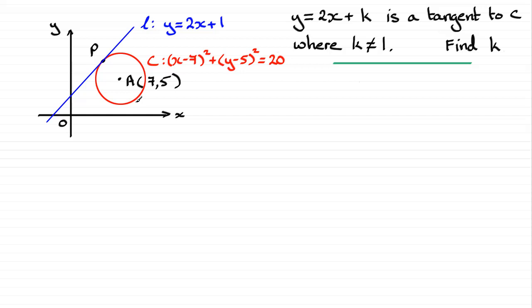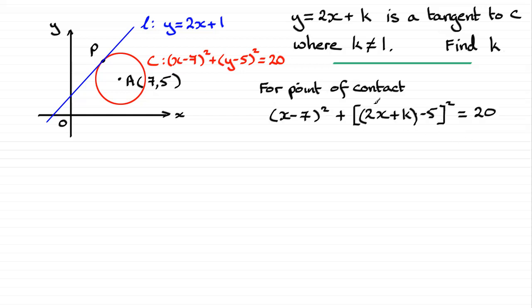So for that condition to hold, the discriminant of the quadratic, b squared minus 4ac, should equal 0. And that's going to allow me to form an equation in k, as you'll see. And I'll solve that, and I should get my value of k. Okay, so we start then with, for that point of contact, I'm just substituting 2x plus k in for that